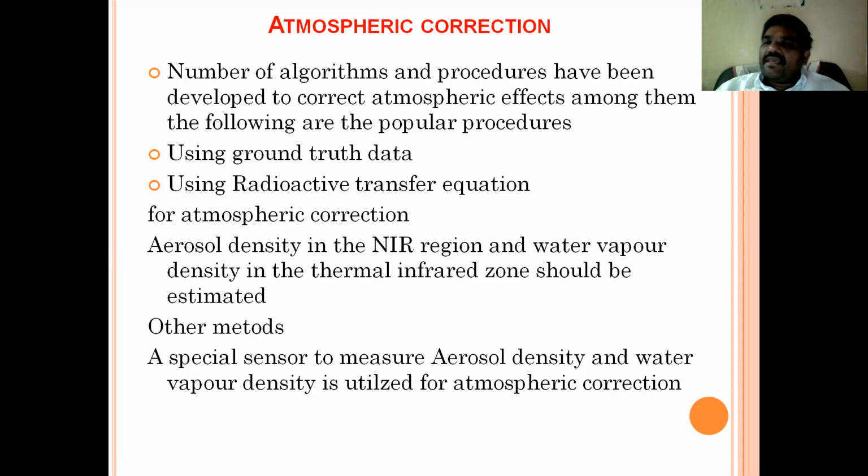Then we can go for correction, that is ground truth data. And by applying radiative transfer equations, I can measure the density of aerosol in the NIR region, and I can measure the density of water vapor at the thermal infrared zone. If I measure the densities of those atmospheric constituents, I can get the image in those bands more clearly by